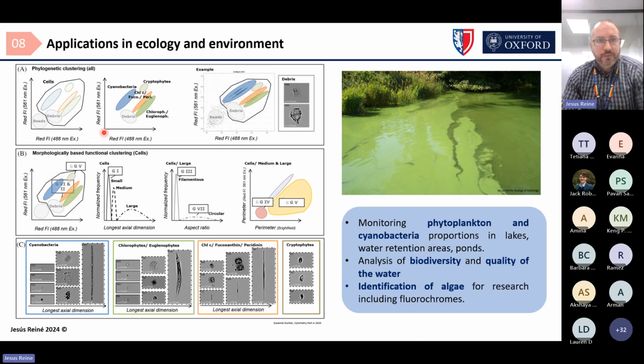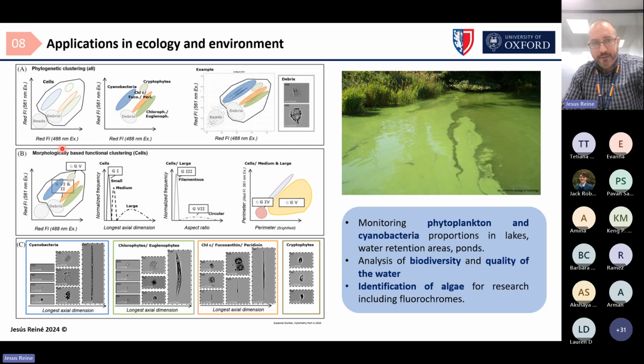As we said before, the forward and side scatter are able to discriminate size and complexity for this kind of cells. But the thing is that most of the phytoplankton and also cyanobacteria are not necessarily spheric cells. As you can see in the bottom, most of them are filamentous or have different shapes. So based on these two parameters, we also use